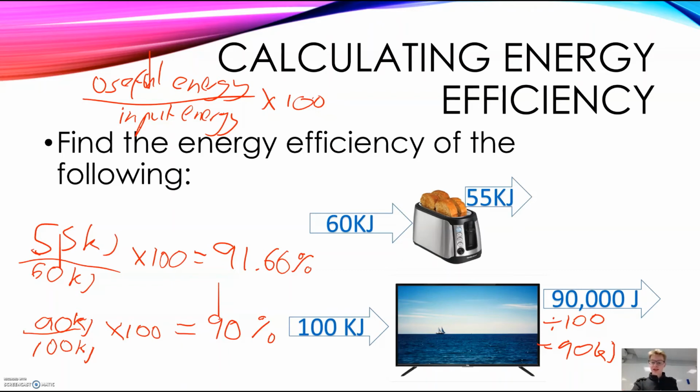But the thing that you need to be more concerned about is the fact that if an appliance is less energy efficient, that means it's going to need more electricity or more chemical energy or more of an energy input to do its job. So if it's an electrical appliance, it's going to take more electricity. And if it has a lower energy efficiency, you are going to end up having to pay more money for your electricity than for the appliance you just bought. So ideally, you want to fill your house with as many energy efficient appliances as possible to save money on